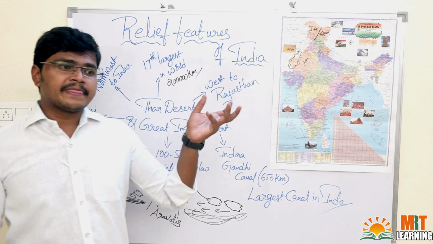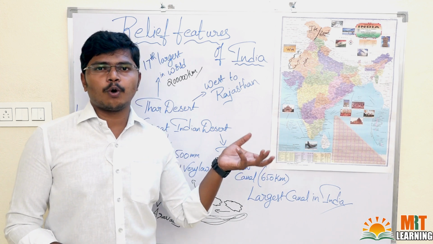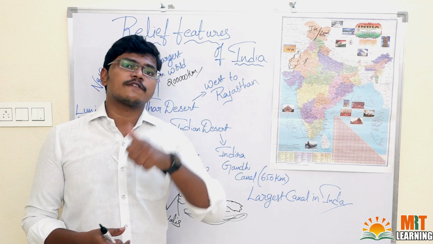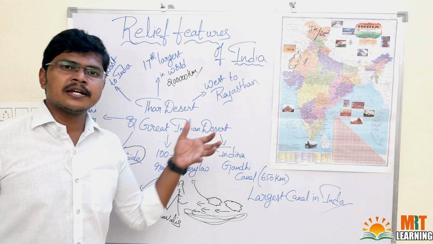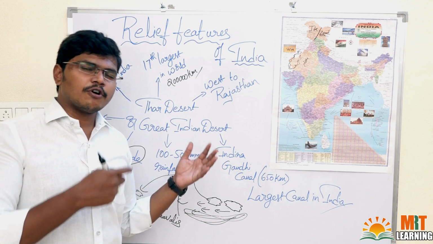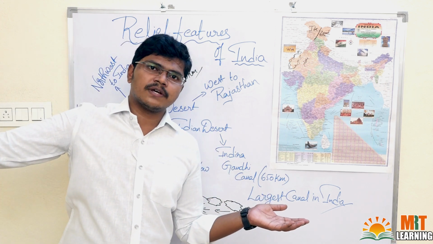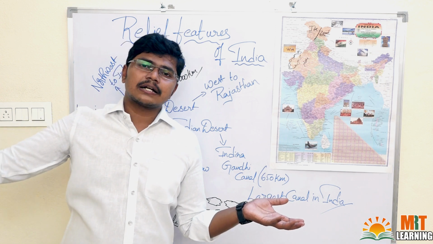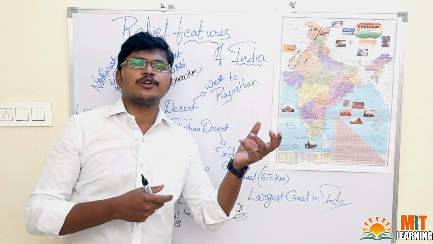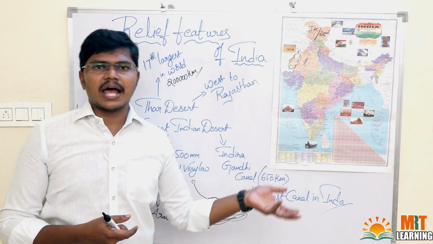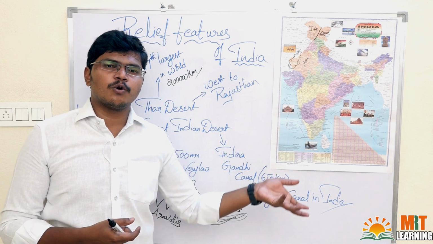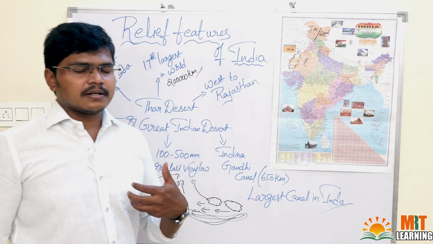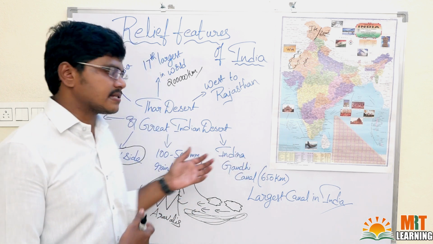Even Rayalaseema is considered a drought-prone area because of low rainfall. Why are they getting low rainfall? Because of the Western Ghats. Rayalaseema is located near the Western Ghats. Rainfall occurs totally on the backside of the Western Ghats. But after the completion of that rainfall, the clouds come with a low quantity of rainfall towards Rayalaseema. So there is low rainfall, and it is considered a drought-prone area. I'm expecting that you have understood this.